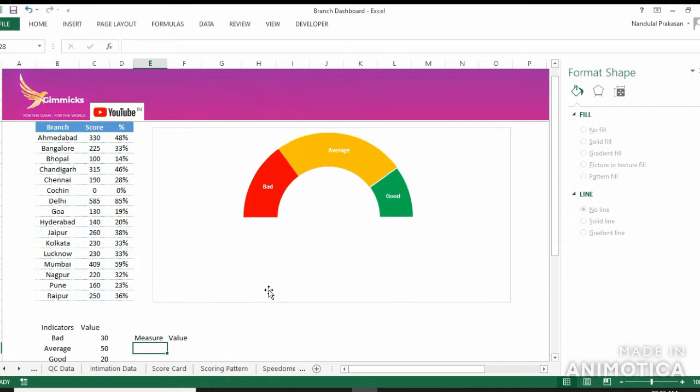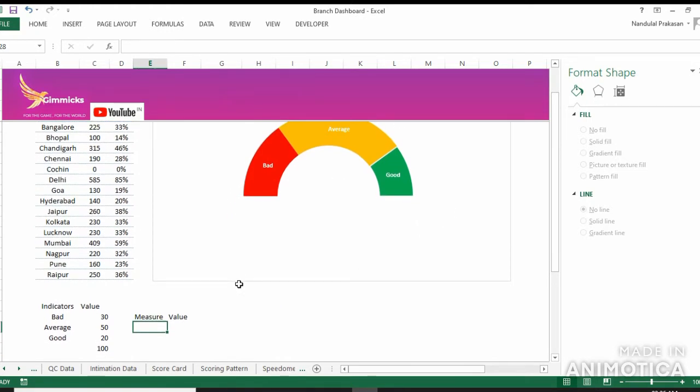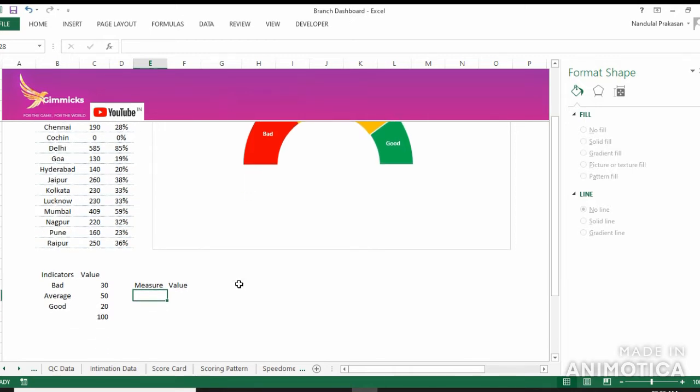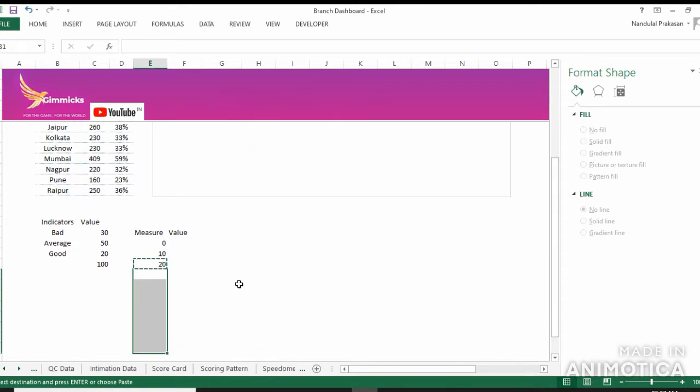So I want an indicator starting from 0 to 100. So 0 to 100 is basically 0, 10, 20, 30, and so on till 100. So let's keep it that way, 0, 10. Then I'll add 10 to every subsequent number below. So I'm adding 10 to this E29, which is the above 10. So you'll get 20. I'll keep on dragging this formula till I get 100. Right. And let's take the value as 10.